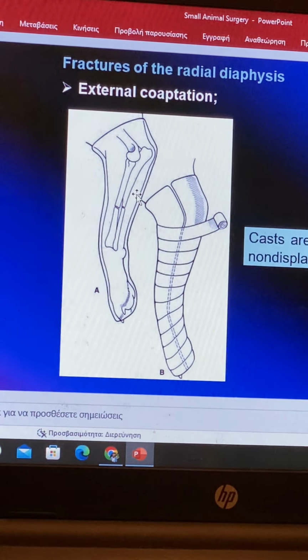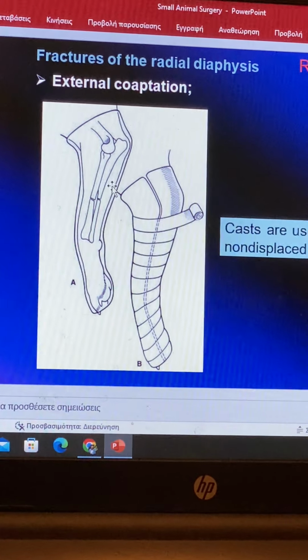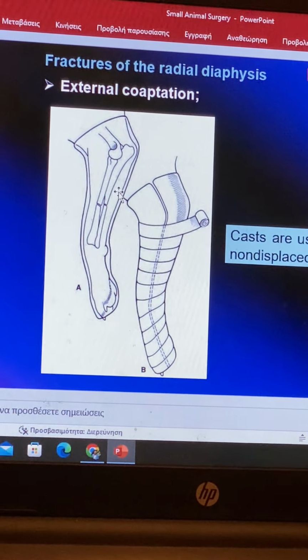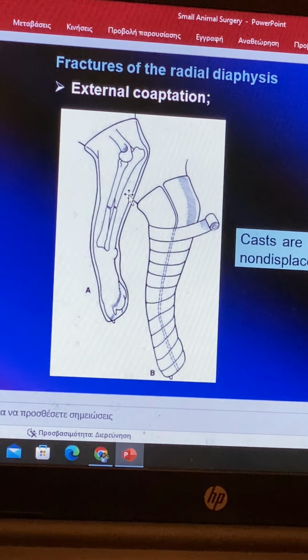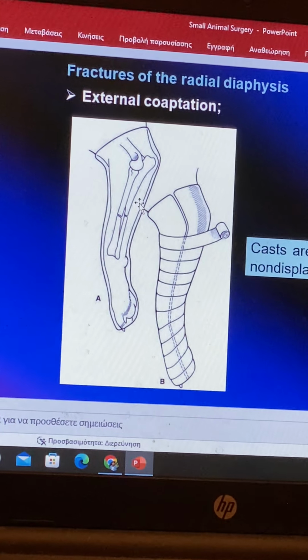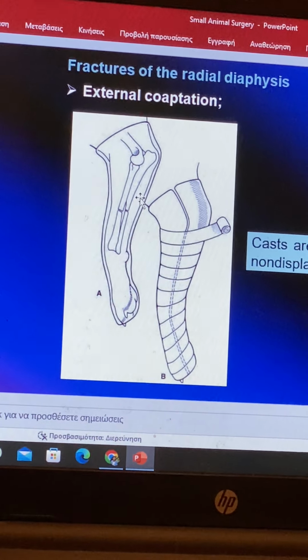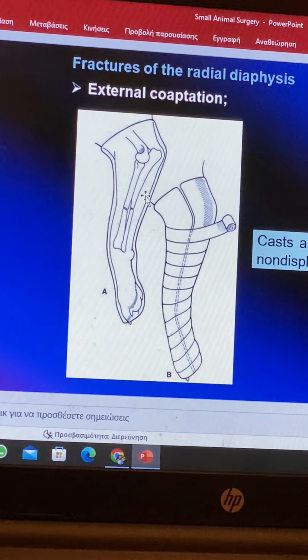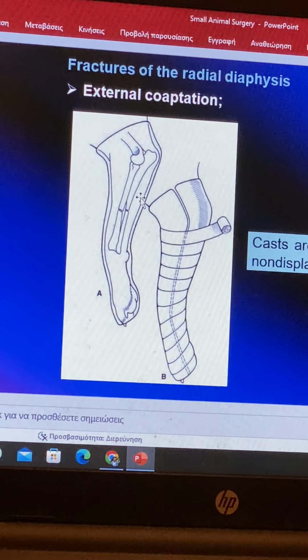Now, if we have an articular fracture of that proximal part, we need to reduce it first and decrease the chance of having secondary osteoarthritis. We use intra-fragmentary fixation devices like lag screws. If small,